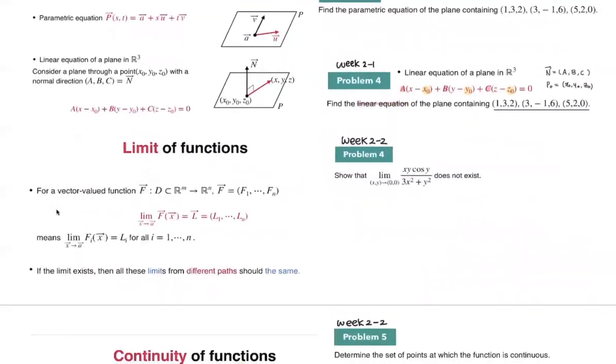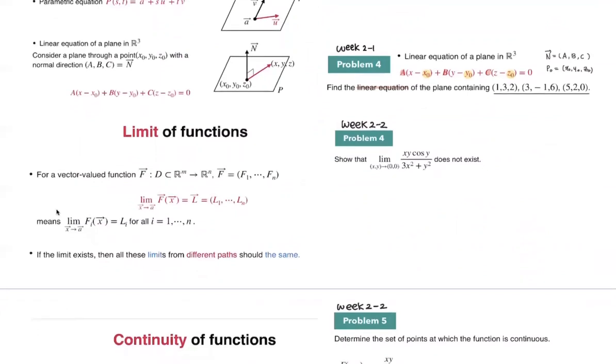After this one, we've talked about the limit of functions, but we focused on the case that the limit does not exist. Actually, if the limit exists, then all these limits from different paths should be the same. So using this concept, we saw that